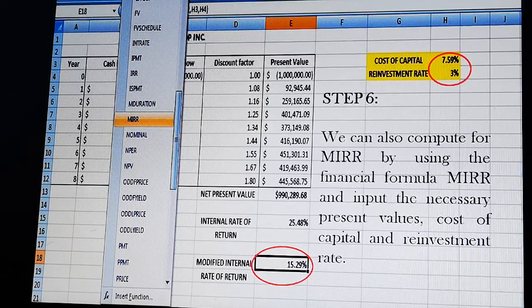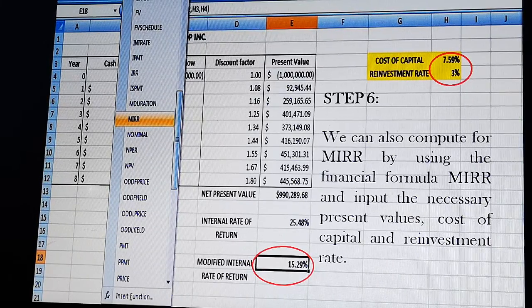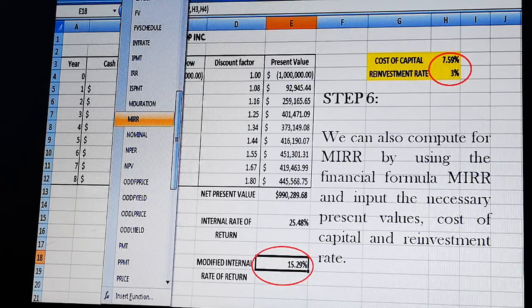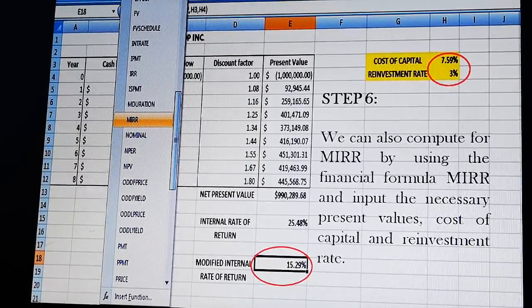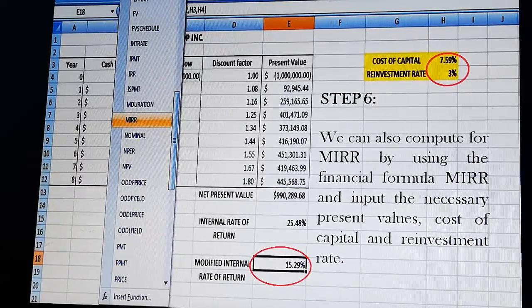So we can input the present values for year 0 to 8, the cost of capital of 7.59% and reinvestment rate of 3%. That would give us a modified internal rate of return of